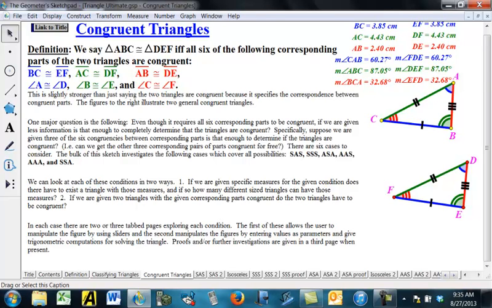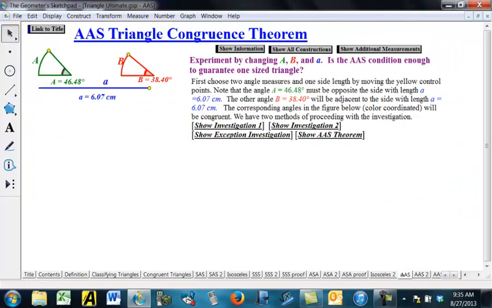We looked at the SAS and the SSS properties in an earlier video, and now we're going to look at the AAS. So this time, one way we can look at it is we're given 2 angle measurements